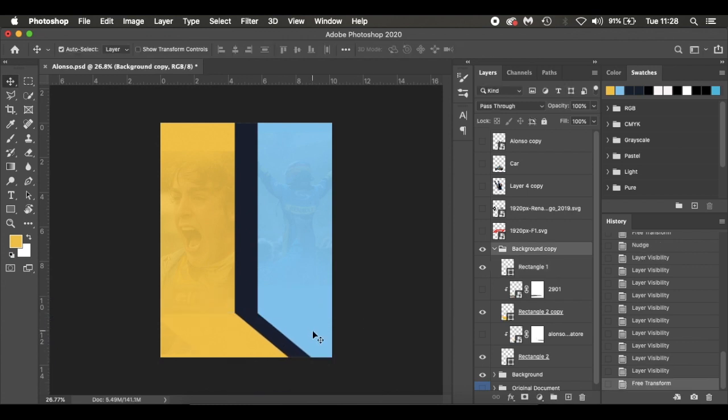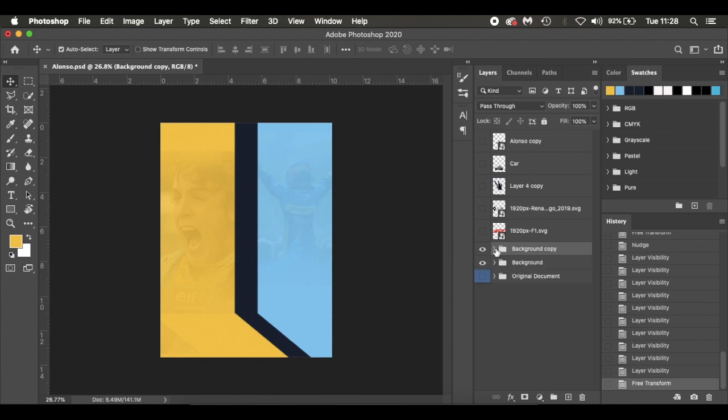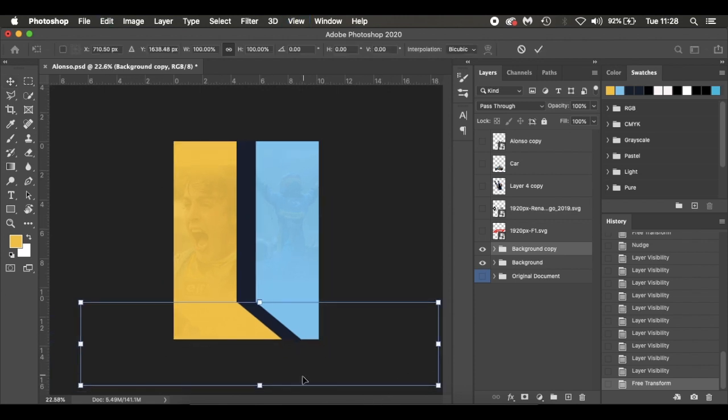Okay, there we go. Absolute nightmare there. I sped it up and cut a little bits out. It took me a good couple of minutes. So when you get your layer, if you mess it up, just delete it and recopy it. And just press Command T, skew it, and Command 0, and just